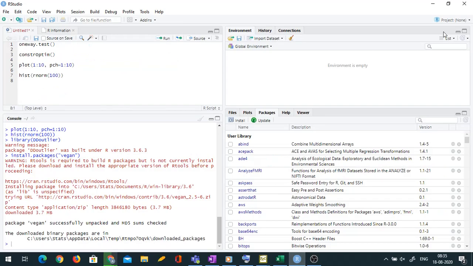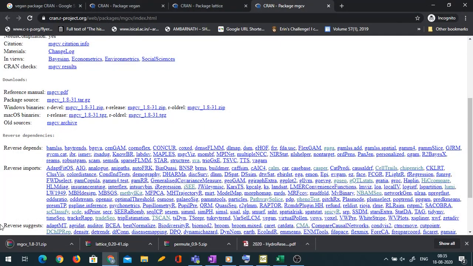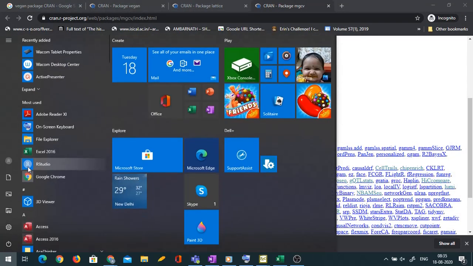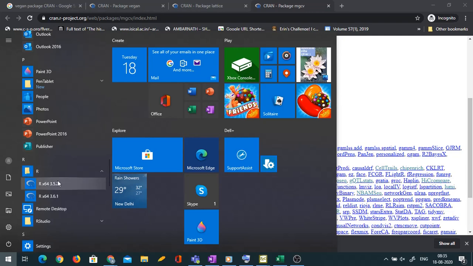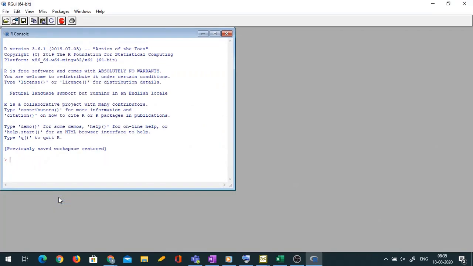Now installing them in R is easier. So let me close RStudio. Anyway, RStudio runs with R as its core, so whatever changes I make in R get automatically reflected in RStudio. So let me go to R. Oh, by the way, I assumed that you know how to install RStudio. You have to have R installed in the system. Better to go for the latest R and then go to the RStudio website and get the basic version, which is free. So let me open the latest R 3.6.1. Latest means whatever latest I have on my system.